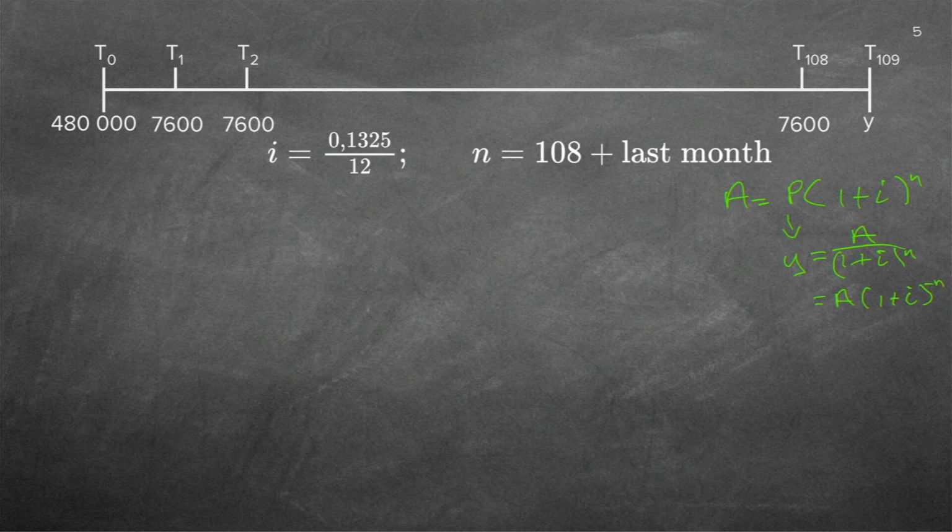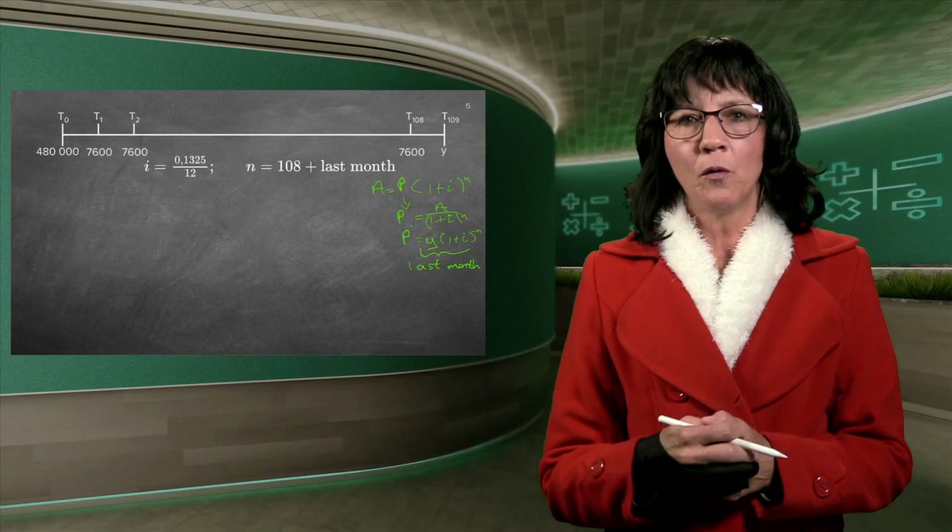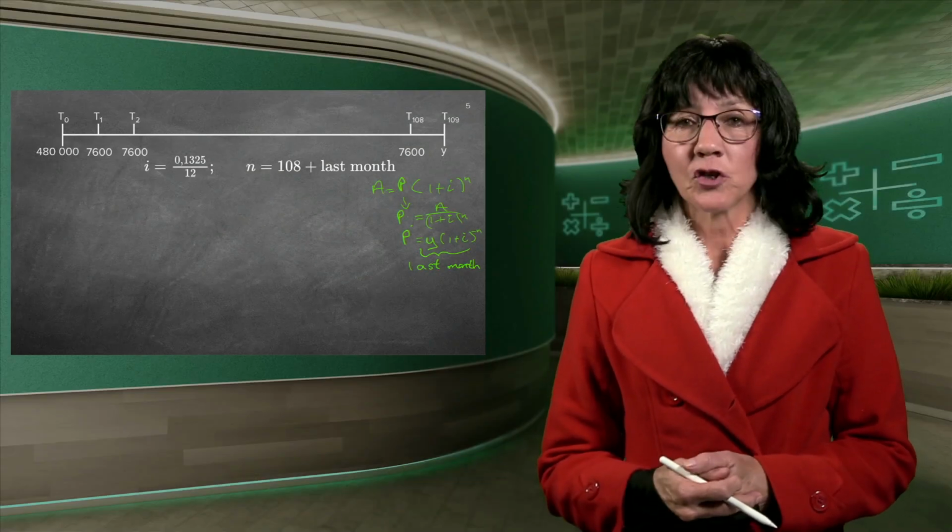Actually, the Y. Let's rather keep it the same all over. You remember we can actually use any letter. So that was the P originally. The P is still a P, sorry, and that is the Y. So that is still the P. Let me just make it proper, just not to confuse you, because we can use any letter. This is just for the last month. Just so that you know, if you do the formula and you see it in the formal answer, that is actually where it is coming from.